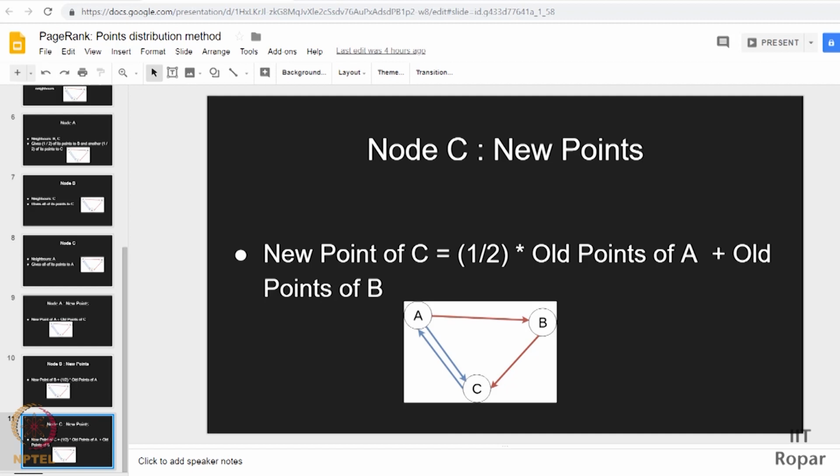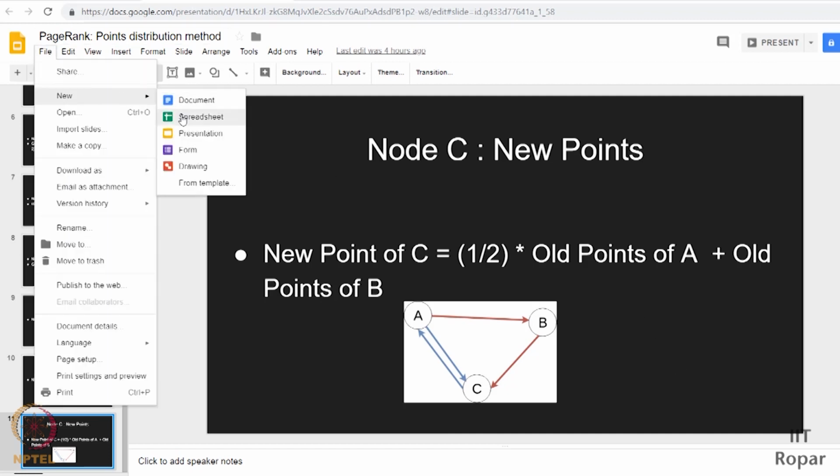So let us first try simulating this in Excel, that is a spreadsheet. Because given that we are doing it some 1000 times, if you do it manually, there is a possibility that after some iterations you may get some fractions as well, so you may have some errors. So let us use the spreadsheet software and let us see what happens. So let me open a new sheet. I'm opening a new spreadsheet.